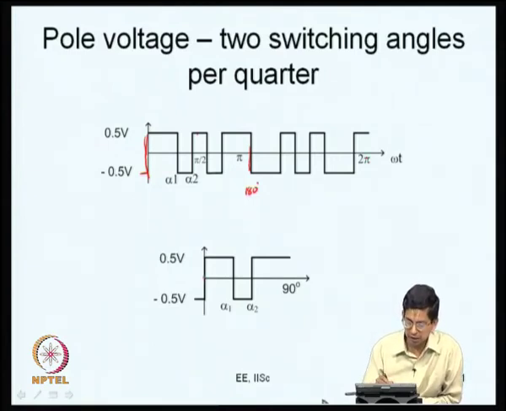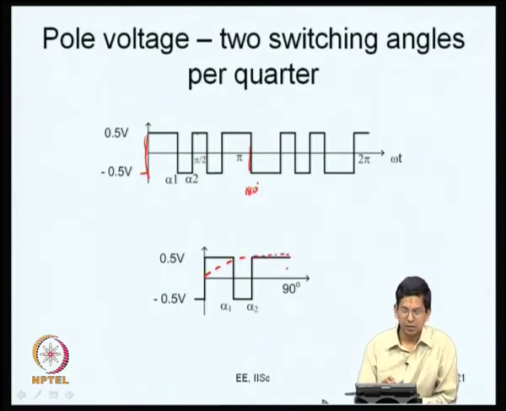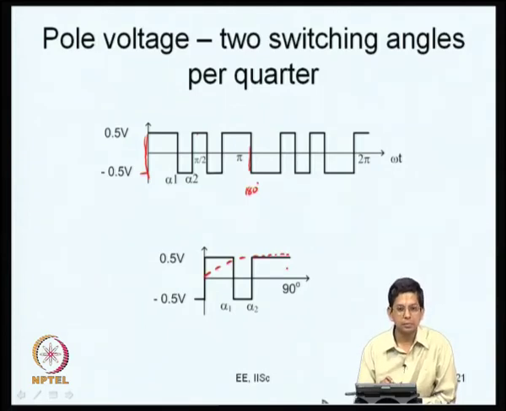Now, this waveform has a certain fundamental component which is like this. This fundamental component, as you can see, is controlled by certain values of alpha 1 and alpha 2. Now, let us ask one question ourselves and look at it a little qualitatively. When alpha 1 and alpha 2 are very close to one another, we will have a fundamental which goes like this. What happens when alpha 1 and alpha 2 are much farther from one another?